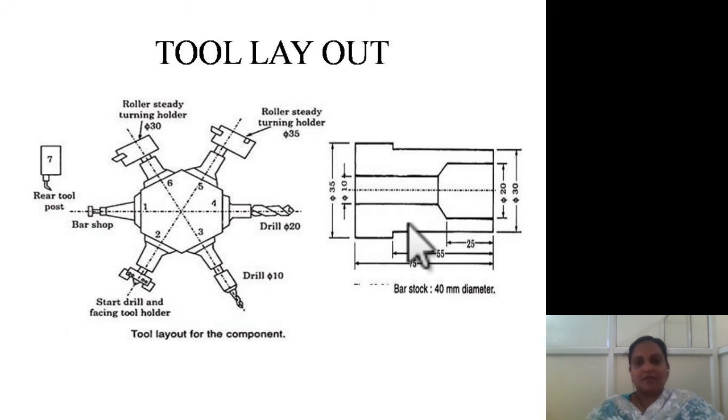So here we have different operations. For drilling, you need some tool for making a diameter of 10, you need some other tool for making a diameter of 20, and you need a single point cutting tool in order to make this turning operation. Okay, and in order to make this parting, you need a parting tool. So here we require different tools. Depending upon the type of operation which you want to perform, you have to decide the sequence of tools.